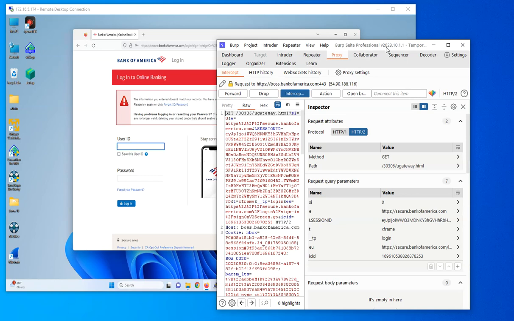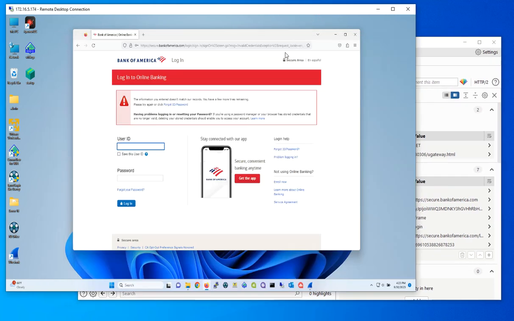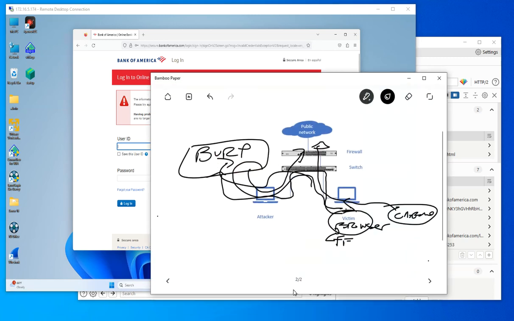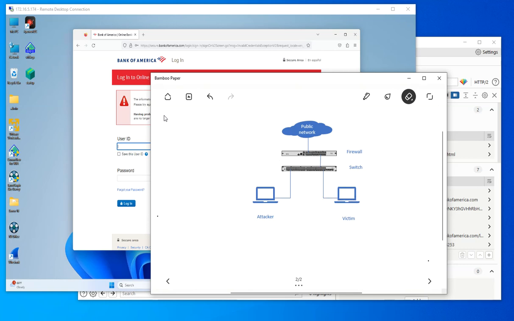Okay. So let me concentrate on Burp Suite. Remember, this traffic was being generated over TLS, which means it is encrypted. But I configured the browser to go through a proxy, and I installed the proxy certificate on this computer. Let me clean this up because it became kind of a mess here. I configured the browser on this computer to go through a proxy, and I'm running Burp on this computer,